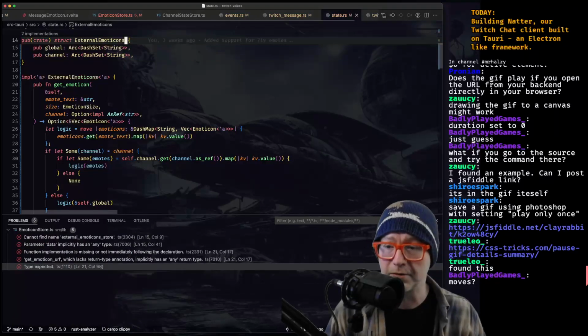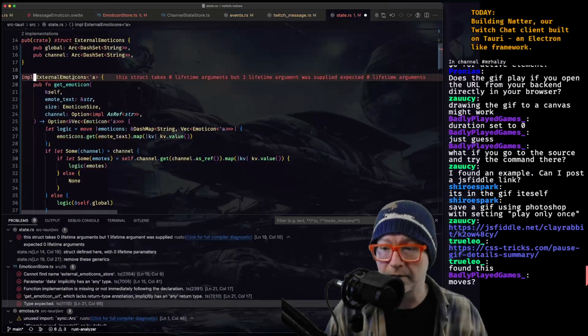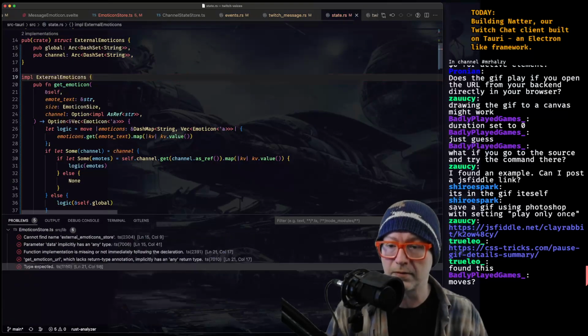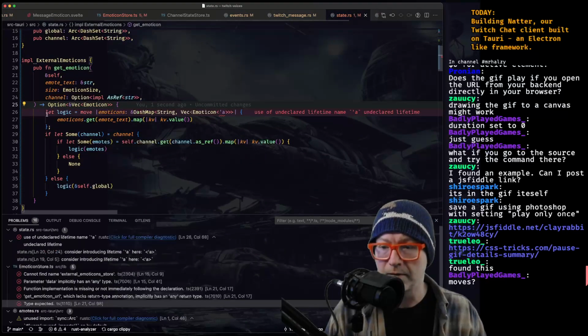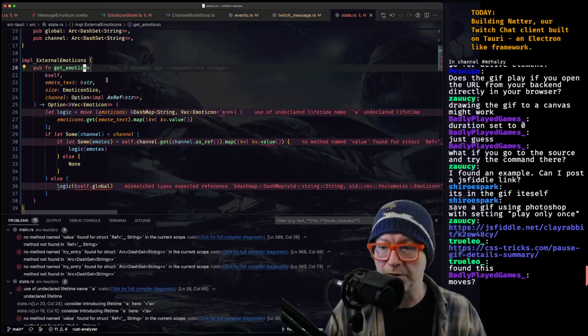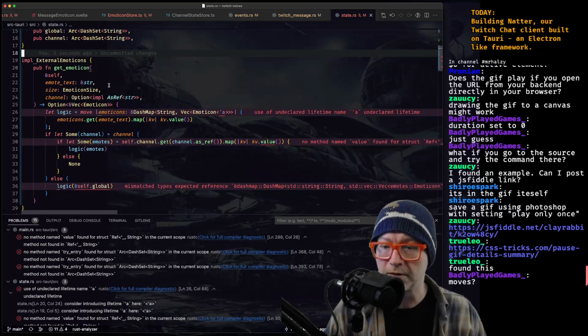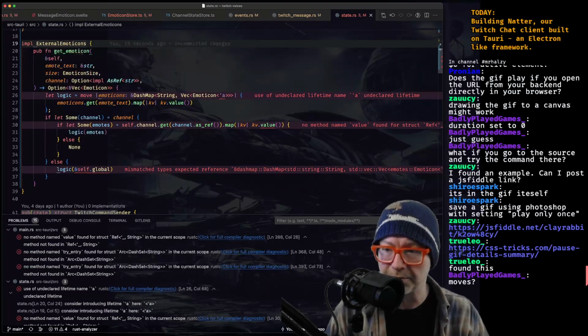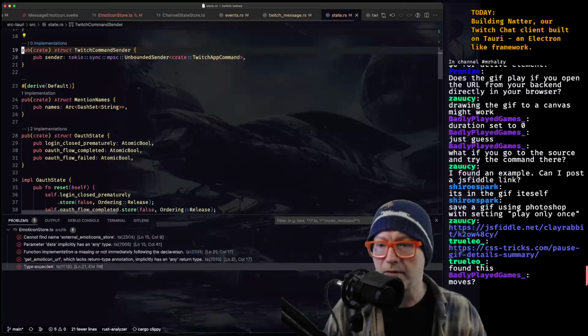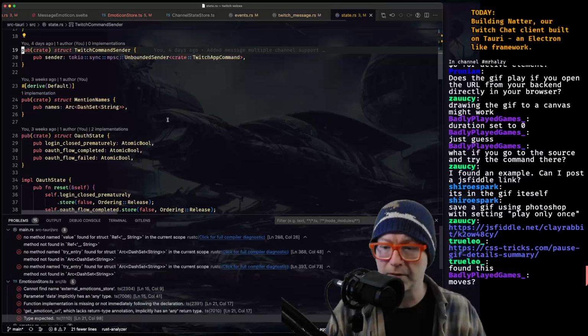No longer need a lifetime? Oh, okay. Get to mode account. We're not going to use this function. This goes away. Yeah.